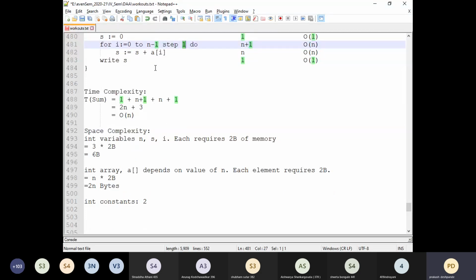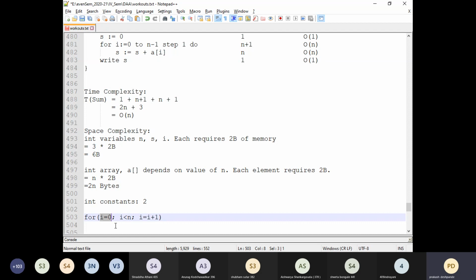Both are not constants here. Pay attention to this line. Let me first write the equivalent statement of the for loop: for I equals 0, I less than n, I plus plus. I plus plus means I is equal to I plus 1.